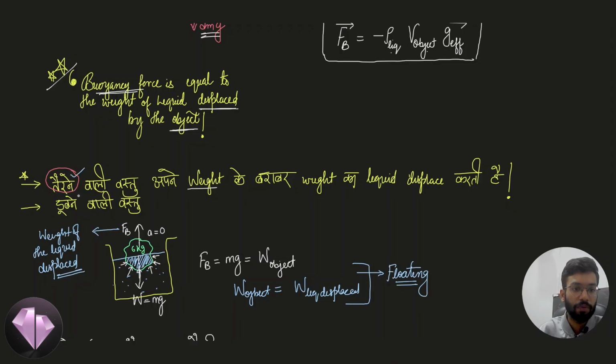I'm repeating once again, floating is different. तैरना is different from डूबना. डूबने वाला case we'll see later. अभी हम तैरने वाला case देख रहे हैं. When the object is floating, the weight of the object is equal to the weight of the liquid displaced. So basically what I'm saying is,